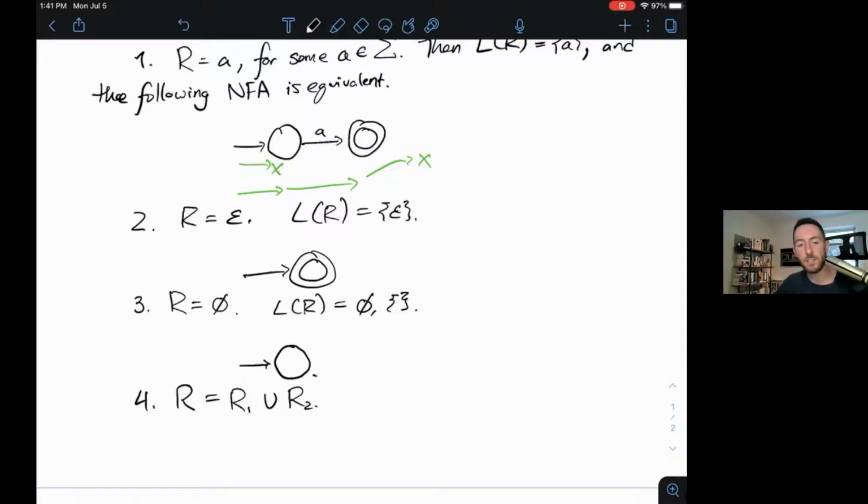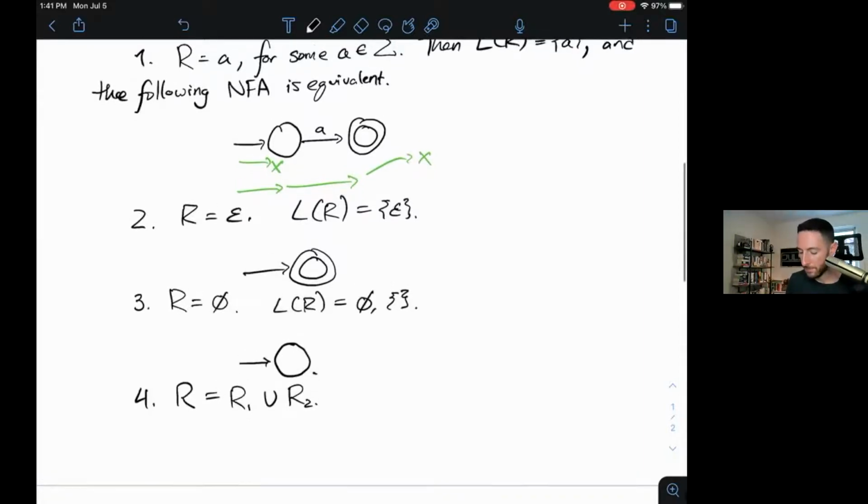In part one of this lecture, we built a generic NFA that recognized the union of two regular languages. So if R1 and R2 are regular, which, they're regular expressions, and we've made this inductive claim that regular expressions correspond to regular languages, then R1 and R2,